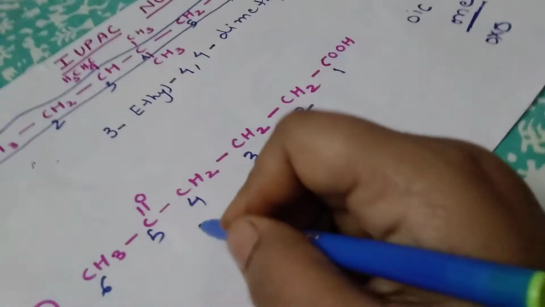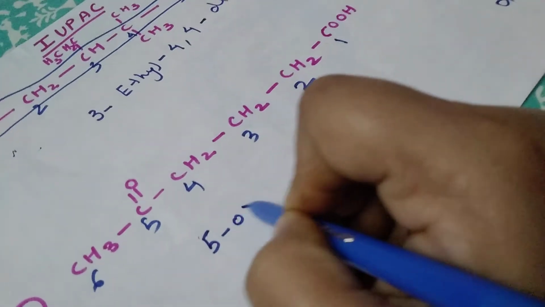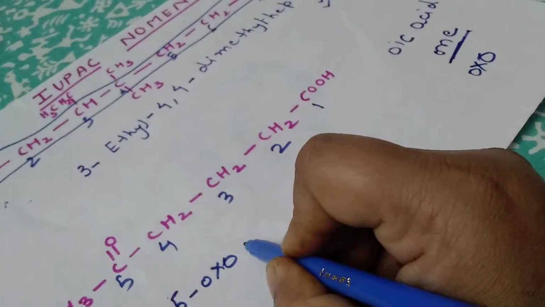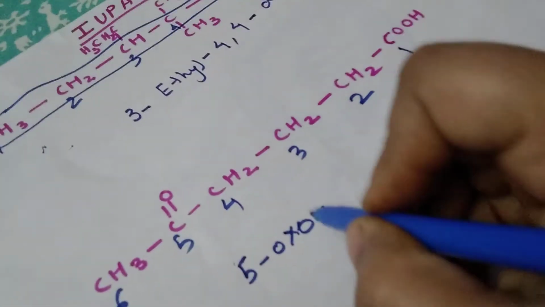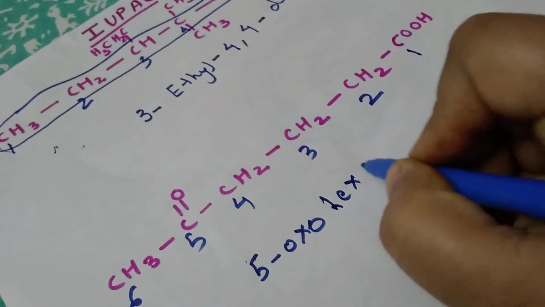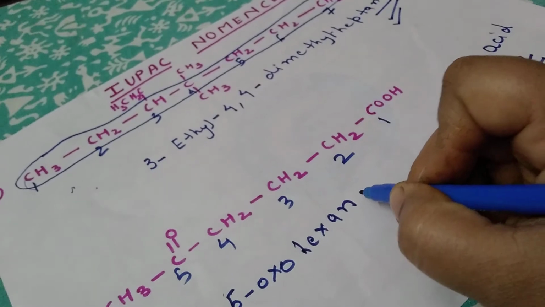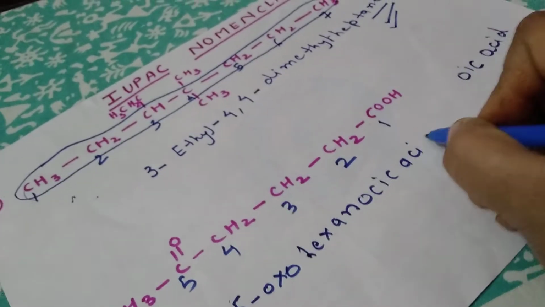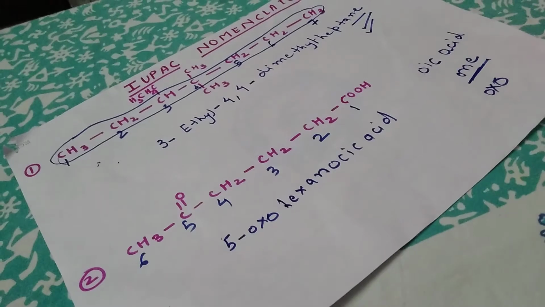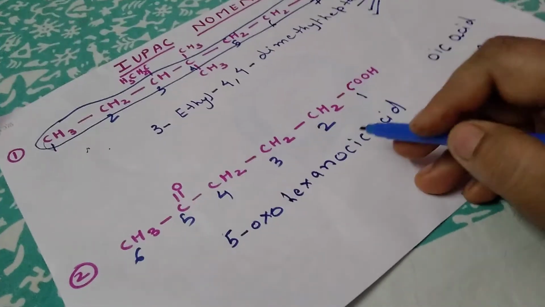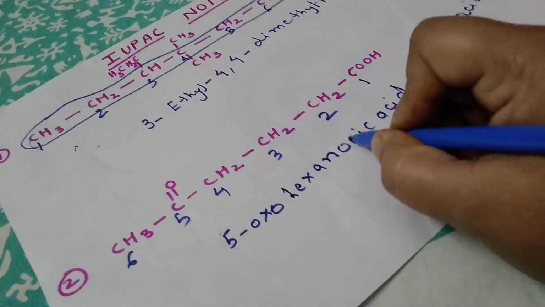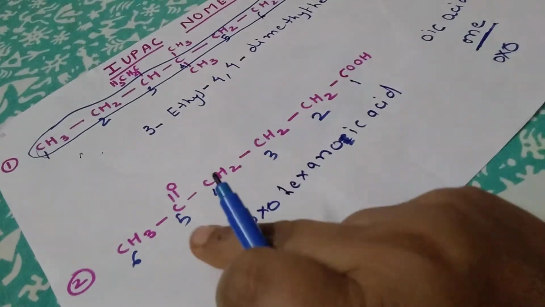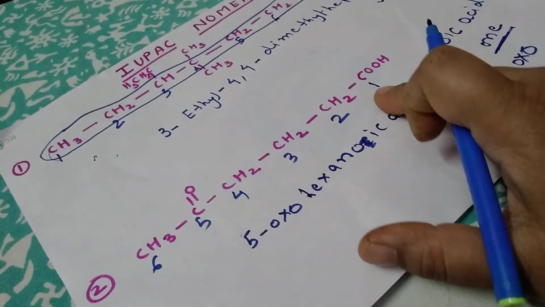It is not used as a functional group. What will we write? 5-oxo. I am not using the suffix one which is used for ketone, it's oxo. How many carbon atoms are there? 6. That is hexane, hexan. In place of e we will write oic acid. I have not written 1 because there is no need to show that it is present at position one. It means oic acid is present, that is hexane, oic acid. So it is 5-oxohexanoic acid.